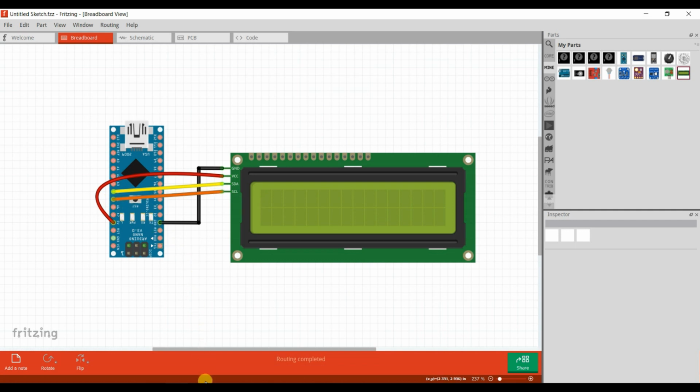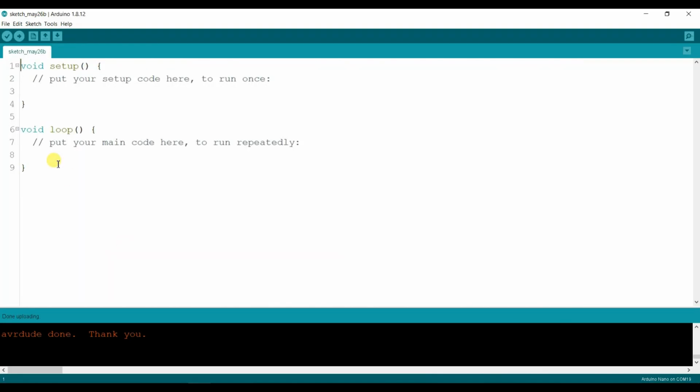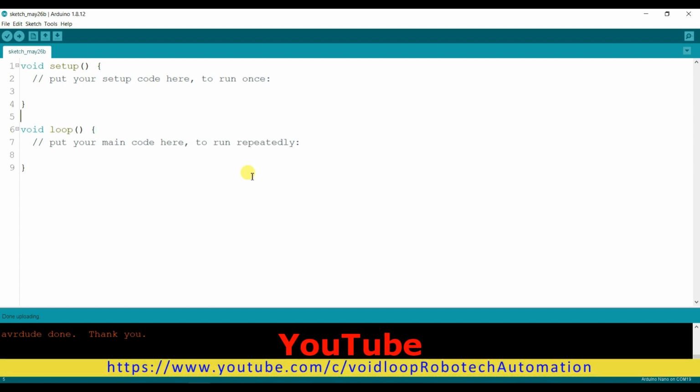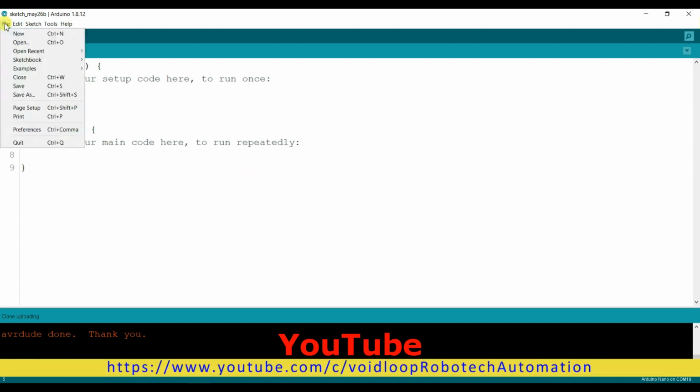Let us see the Arduino coding. Here I am using an I2C LCD, so we will see an example of I2C LCD.